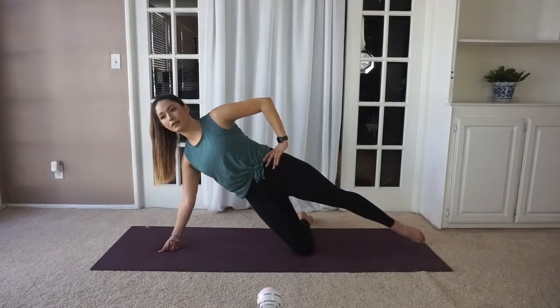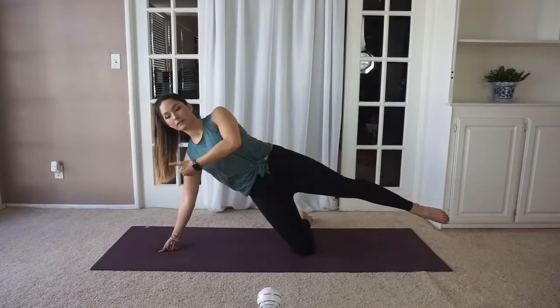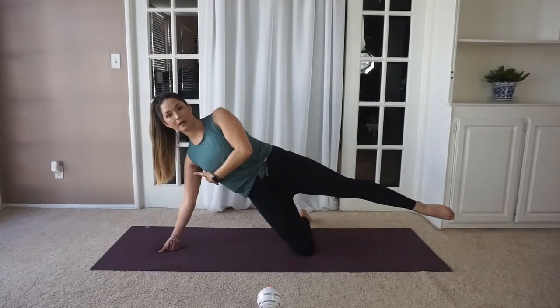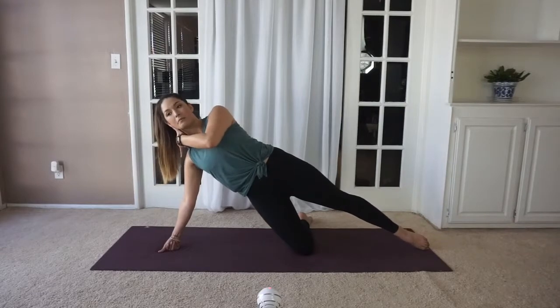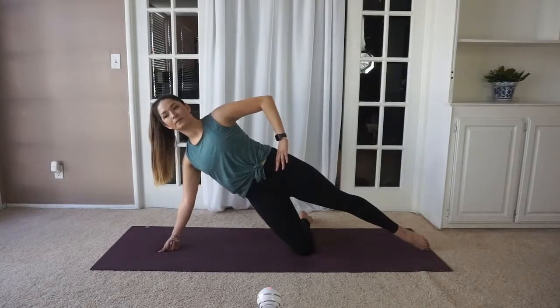Up, lower down. Try to keep the bottom waist lifted. The lats are pulling the shoulder blade down still so that we feel that extra little space between the bottom shoulder and the bottom ear, as we lift and lower. Let's go for 10,